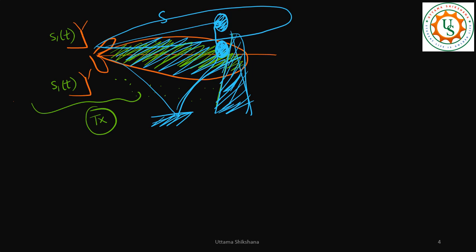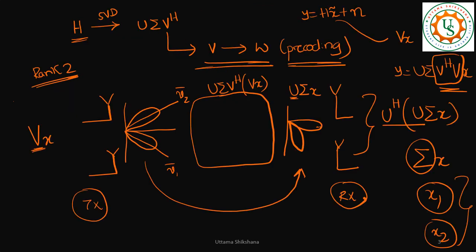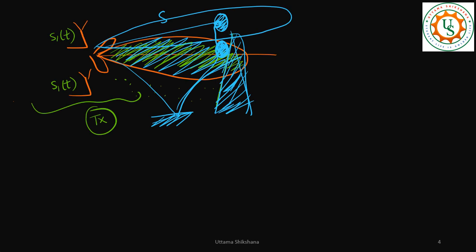So that's why, in case of SVD, as we are seeing here, after nullifying the channel effects at the transmitter, while receiving we are seeing the beams in a different direction, and on those directions only we have to perform the receive beamforming in order to get back our signal. Okay, since I had taken a rank 2 case, let's say a rank 2 case. Right now, what might happen is that